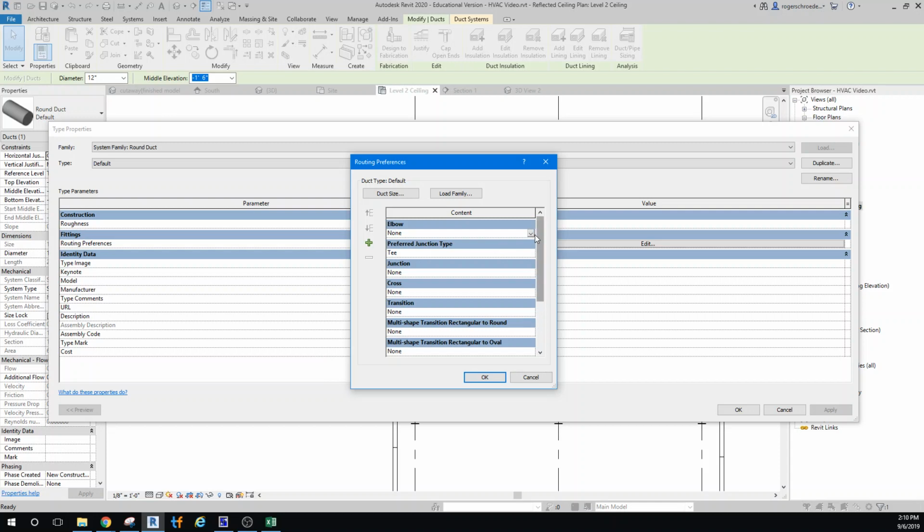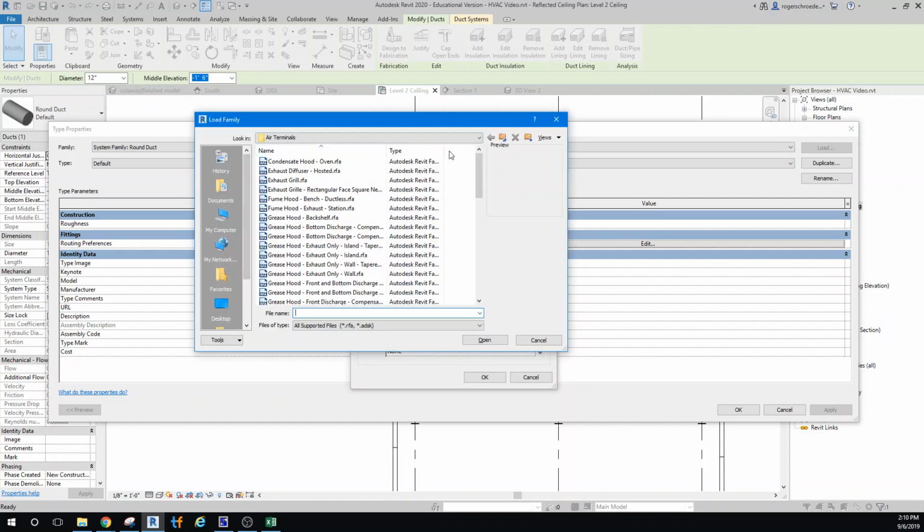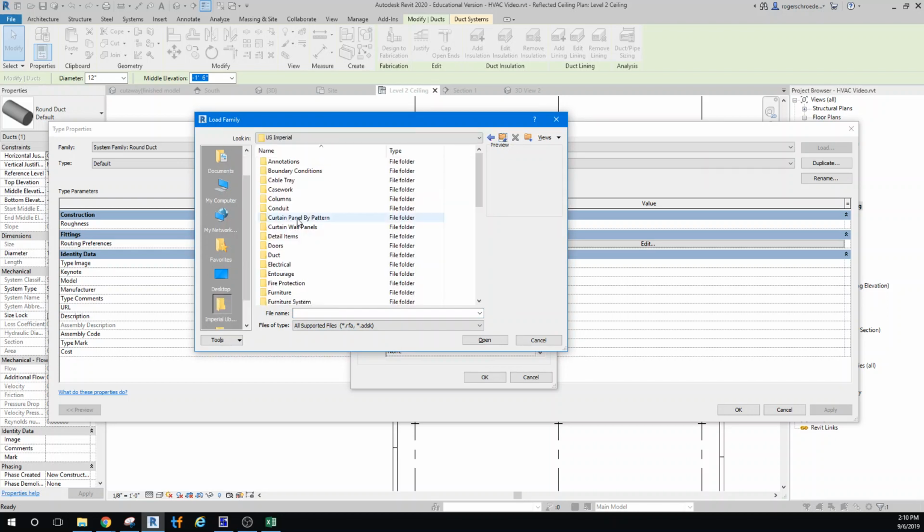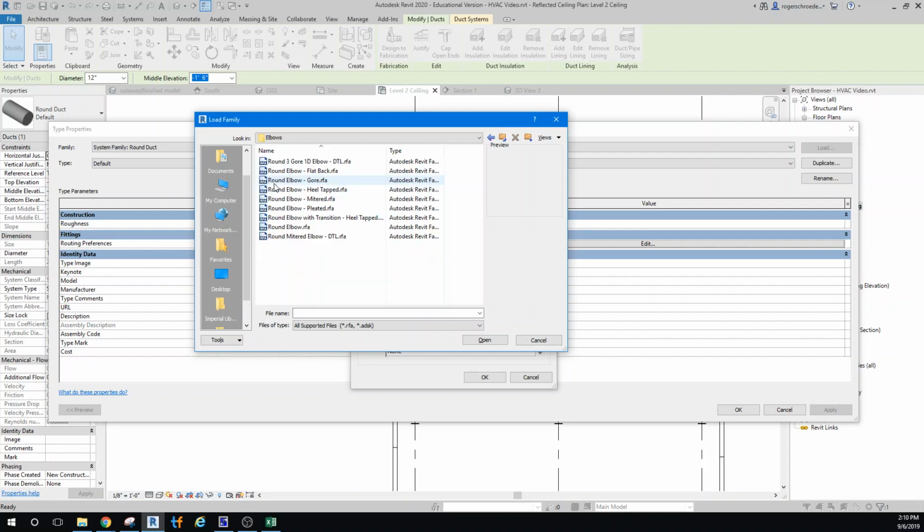Now I'm going to change this. I want an elbow here, and you notice we have no elbows to select from, so we're going to need to load some in. So we're going to go to load family, and hopefully I'll get a dialog box here. I lost my mouse for a minute on one of my other screens. Go load family, and then let's go back out to our ductwork, our fittings, our round fittings, our elbows,